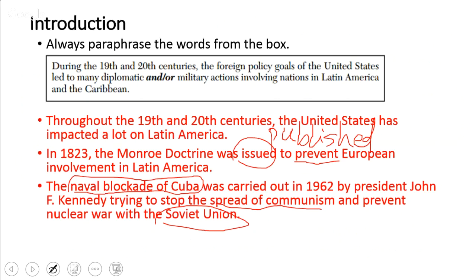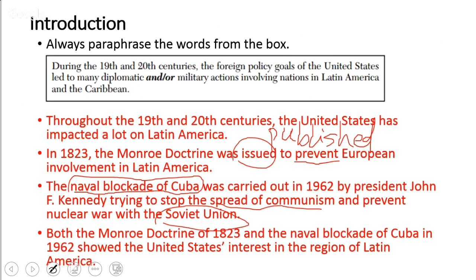Remember, your introduction is always simple and easy. You're not going to talk a lot about the details, all right? And also, please remember, you don't have to memorize everything. What you need to do is think about it as a story. And when you're writing, you just need to write a story, okay?